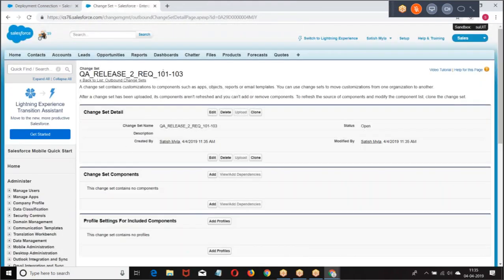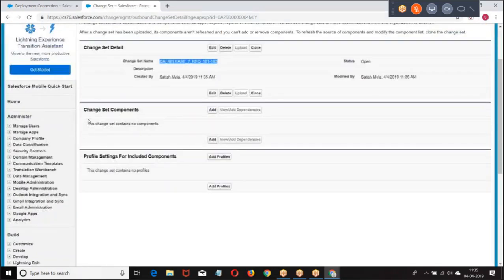I have created a QA release 2 requirement for 1.0.1 to 1.0.3. I'm going to embed it in this change set and deploy. In QA release version 2, I'm uploading requirements 1.0.1 to 1.0.3, whatever requirements are given, that I'm implementing and deploying. Use some meaningful name, generally whatever your company follows. Then whatever you want to deploy, I have to add to the change set component.